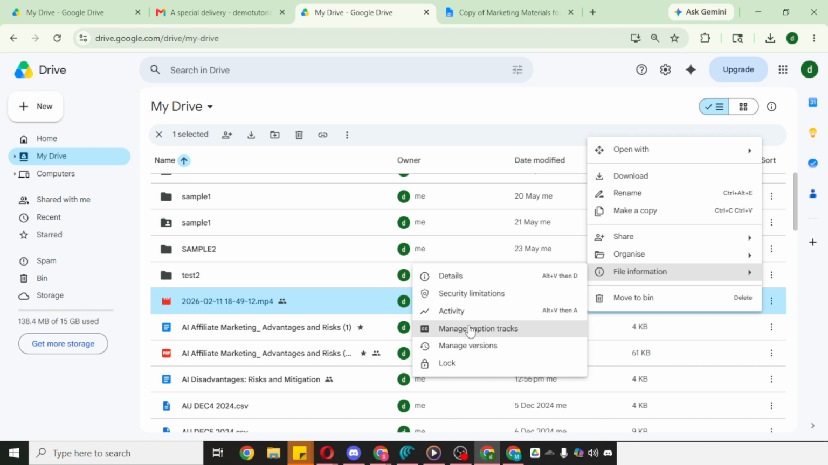If there are no captions yet, this is where you can add a new caption track by uploading a supported caption file, such as an SRT. In many cases, you'll also see an option to generate automatic captions. Use that if you don't have a caption file on hand and want Drive to produce a machine-generated transcript that can power subtitles. Keep in mind automatic captions are fastest, but uploaded, well-edited captions are usually more accurate, especially for